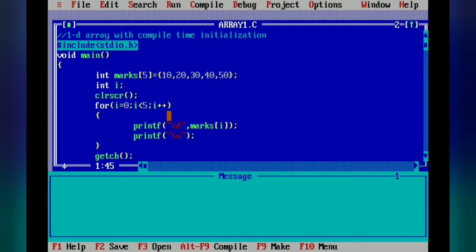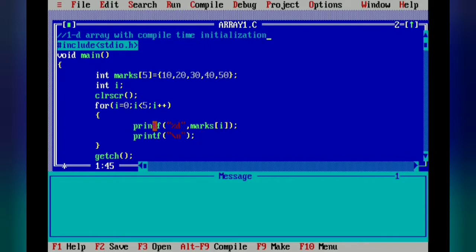So i plus plus. Now we are using the printf function to print the value that we have already given here. So now percentage %d and marks, and in the marks I have written in the square bracket, instead of 5, I have written here i. Whatever the variable is there, that only we are printing. So now it will iterate the loop. What is the i value? i is equal to 0. So now i is 0, which is less than 5. Yes, the condition will become true. So it will print the marks of i.